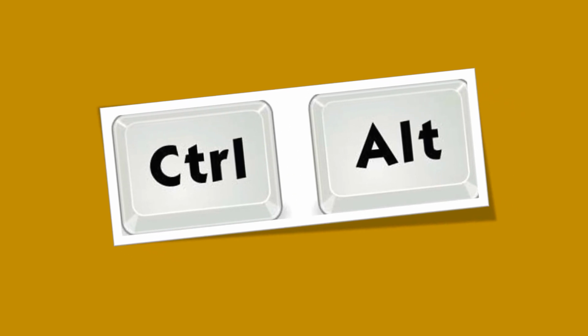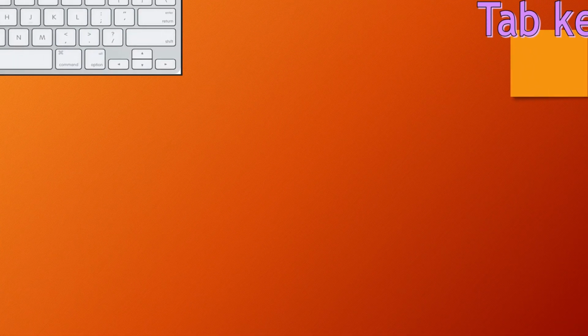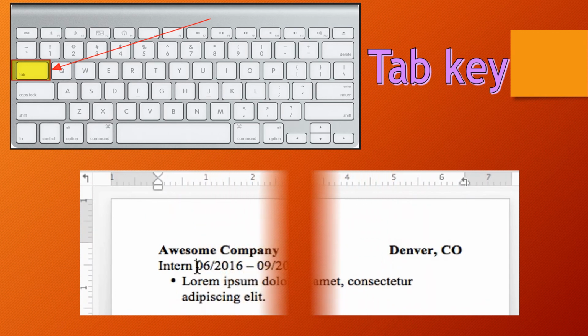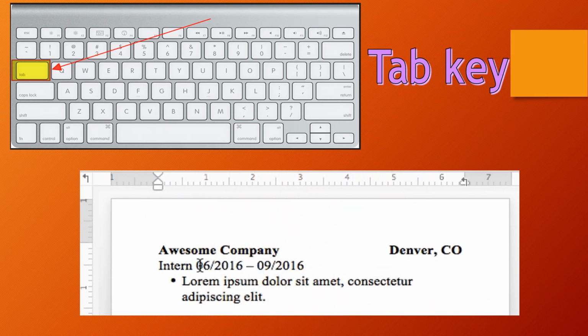These keys are called combination keys because they are used together with other keys. Tab key. This key allows us to give 5 spaces between two words. It is also used as a movement key within tables and dialog boxes.